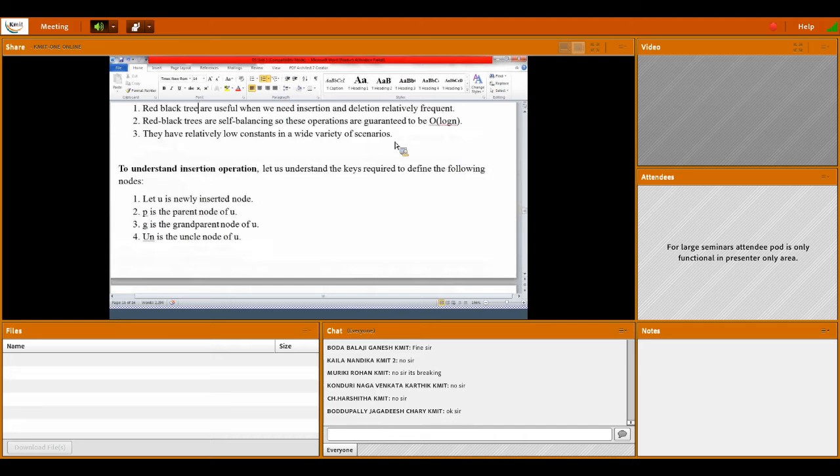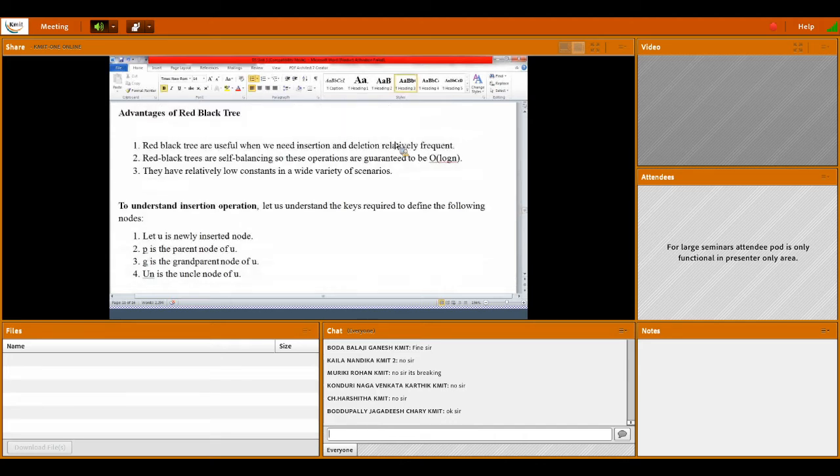Whatever you are doing, insertion or deletion, they reflect the guarantee. And they have relatively low constants in a wide variety of scenarios. This is also very important. In any context or scenario, red black trees are very suitable where you do insertion and deletion frequently.